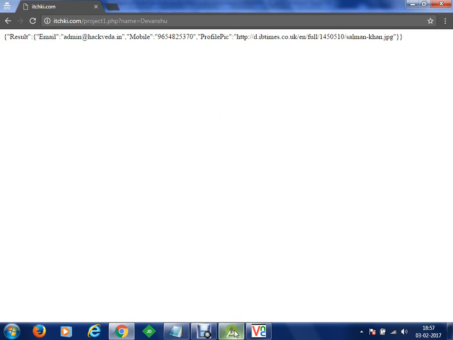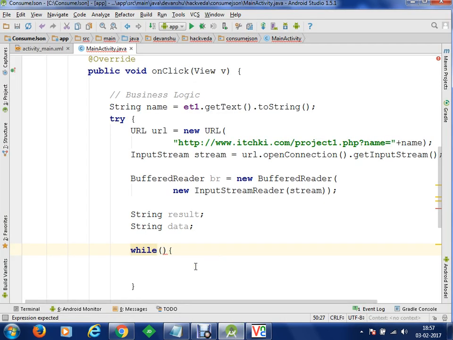We do it like this: while, let's say we store that into data, data is equal to br dot readLine. We are going to read line by line, executing the method readLine.